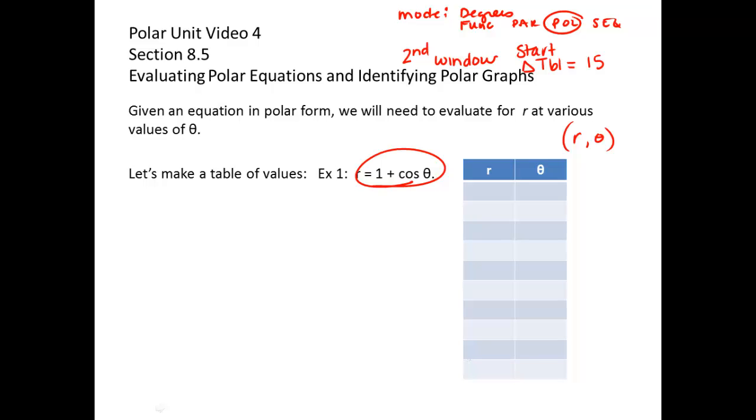You're like, where do I get cosine? Well, you get cosine by hitting x. When you're in polar mode, it knows not to use x. It knows to use theta as the input value. Okay, so